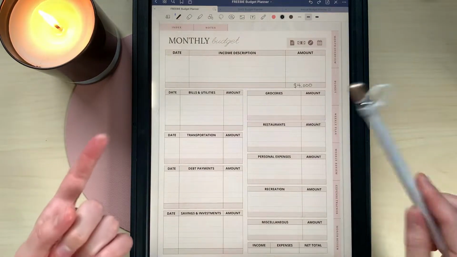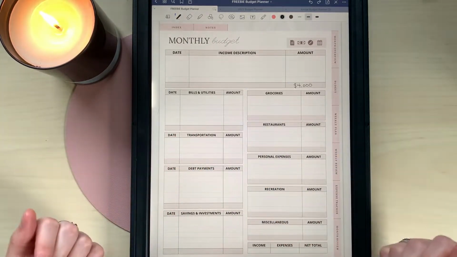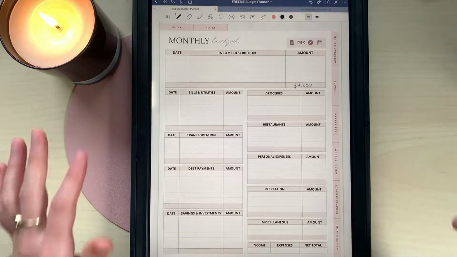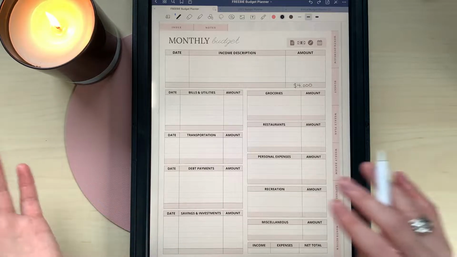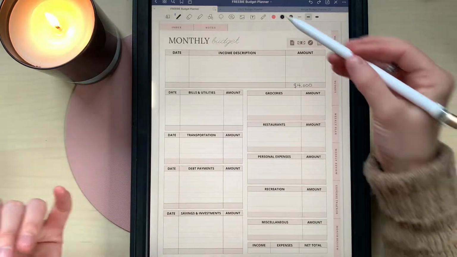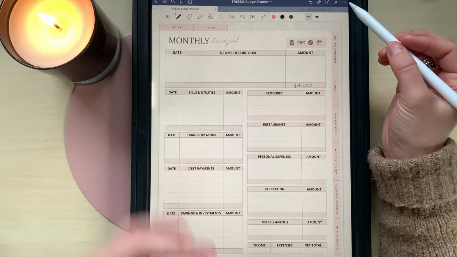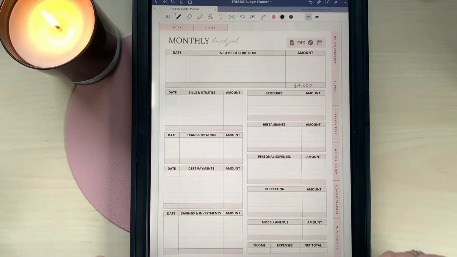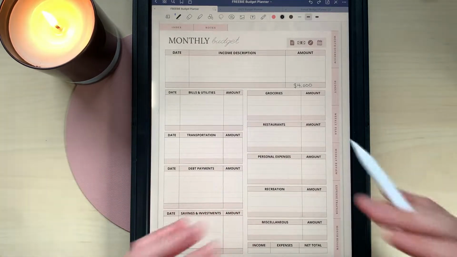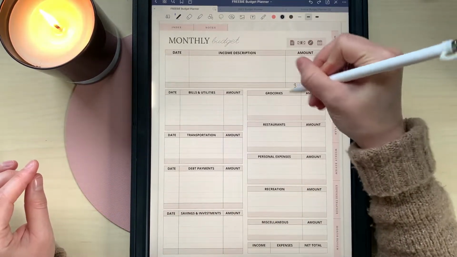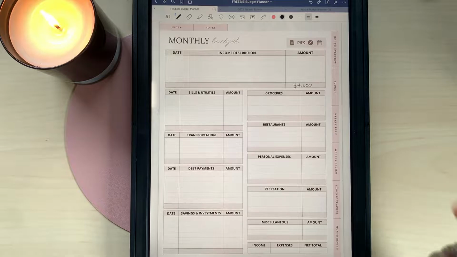So once you've taken care of your needs and your goals, the money that's left over is free to spend in whatever way you want towards recreation. Now, one thing that I talk about more in those supplemental training videos for the full budget planners, the 2022 or the annual digital budget planners, is how to find balance between those three major spending categories. That's a resource that's heading your way January 1st if you choose to buy one of those fully functional planners. So now that we have this $4,000 written out as the income, we're going to focus first